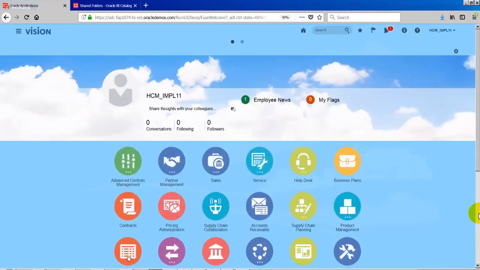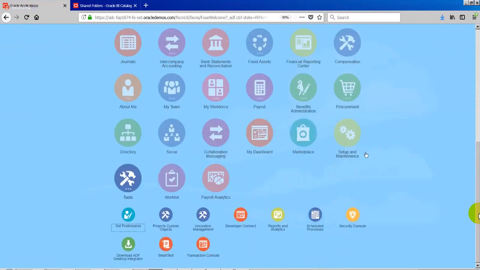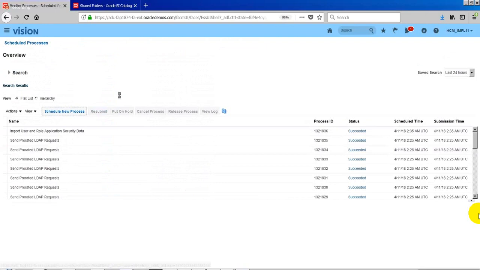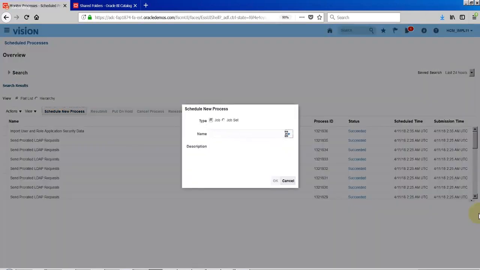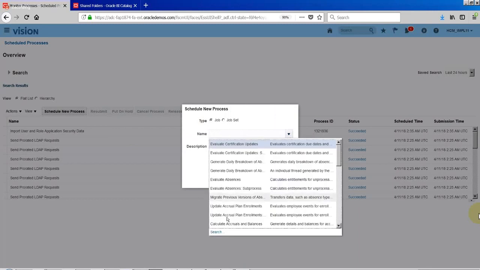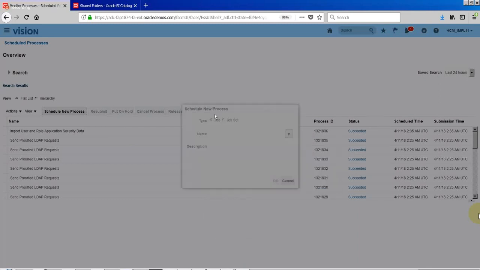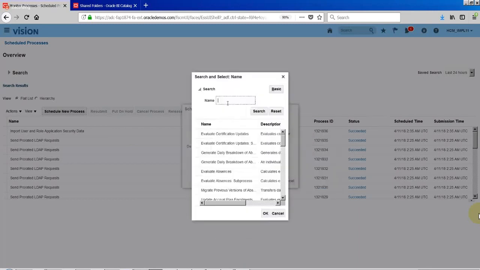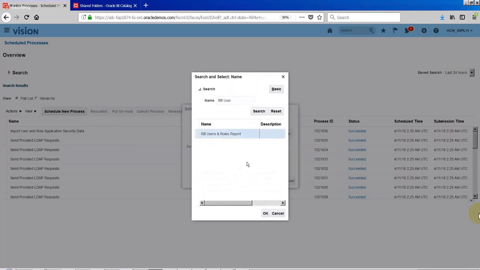I can directly go to Tools, Schedule Processes, and submit a new process. And here I could search for this enrolls report. I click on OK.